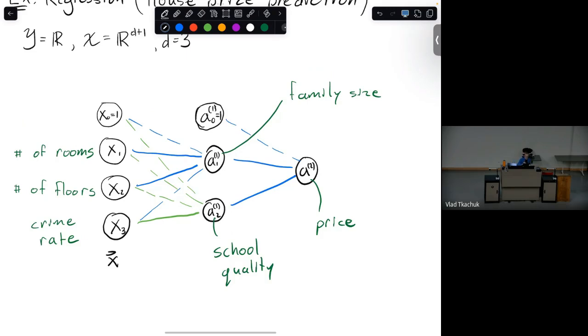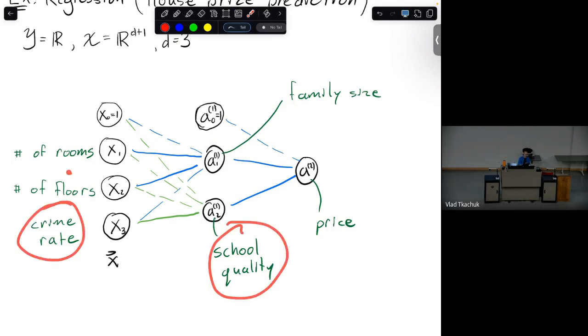Yeah, so once again, I think this is a slightly imperfect example, but the idea is that this stuff is very raw information. It's just the number of rooms. And maybe these numbers aren't the best thing to use to predict the price of something. So maybe what you'll want is to take this information and store it in some new representation, some new feature, which is the family size. And the claim here is that family size, or the school quality, is much more useful for predicting the price of a house than these raw numbers here.